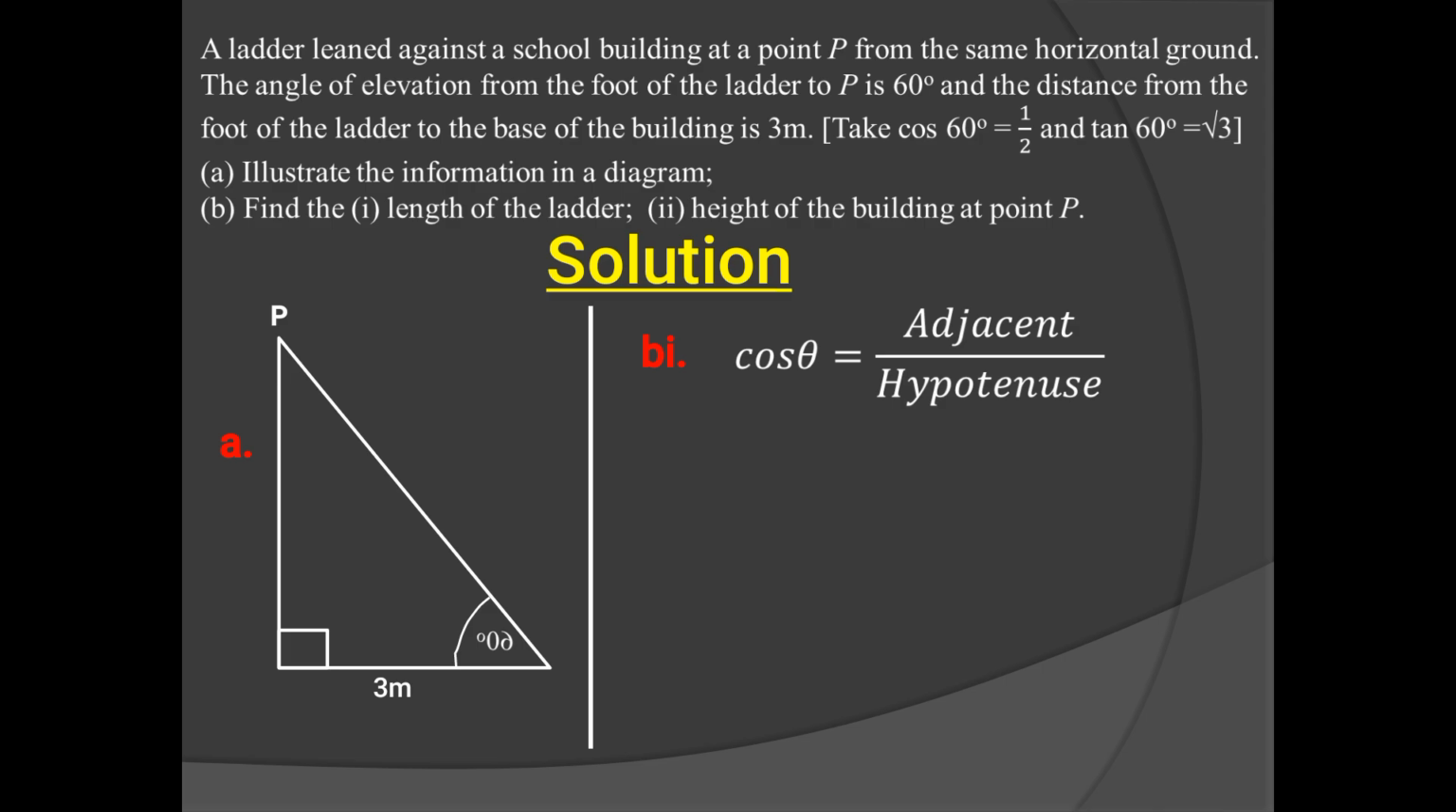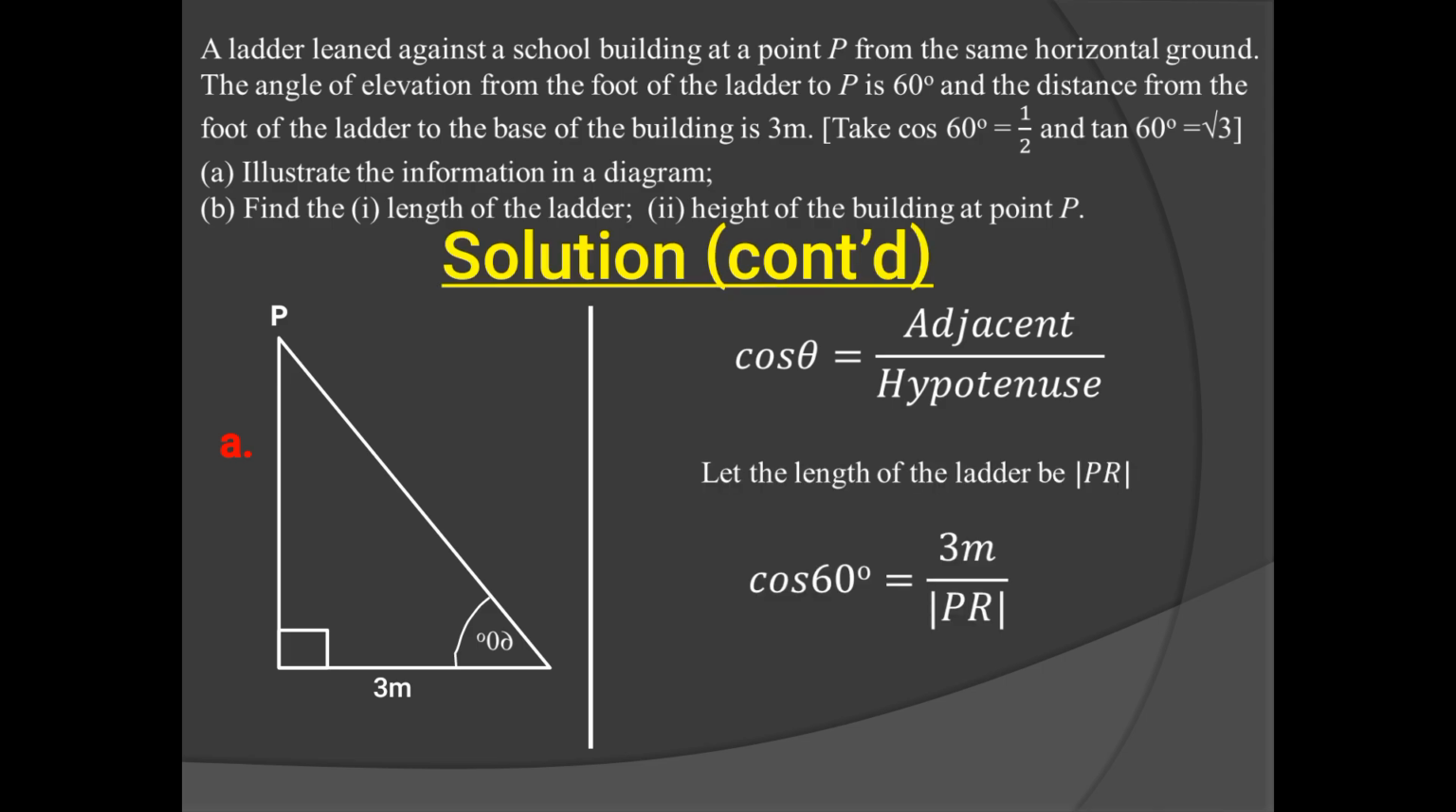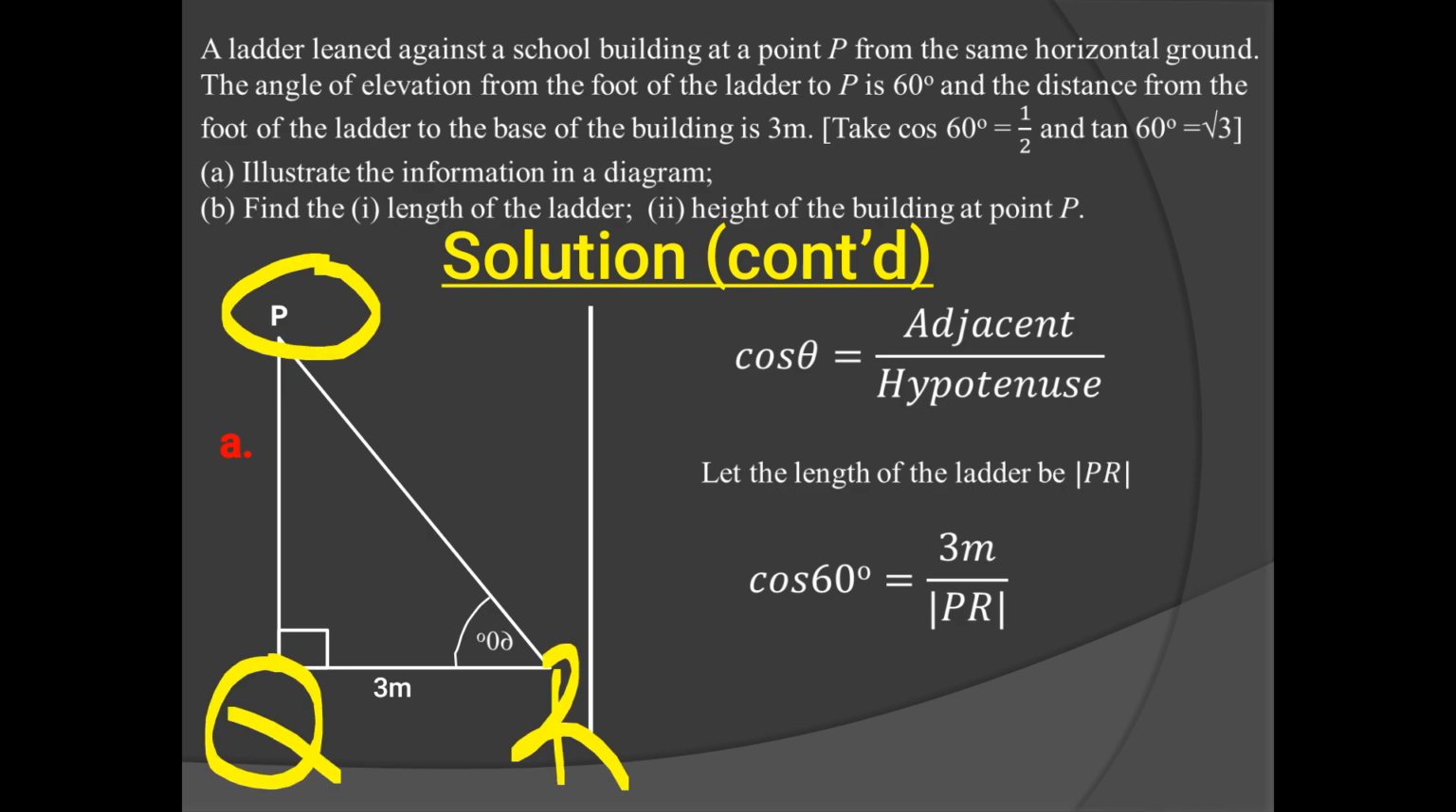This video has been very long, so excuse me for that. So we continue. For the length of the ladder, I'm saying let the length of the ladder be PR, because if this is P, then Q and R. The question didn't tell me to use Q and R, that's why I'm saying let the length of the ladder be PR. So cos theta. The theta is the angle. The question gave us the angle, which is 60. So cos 60 degrees